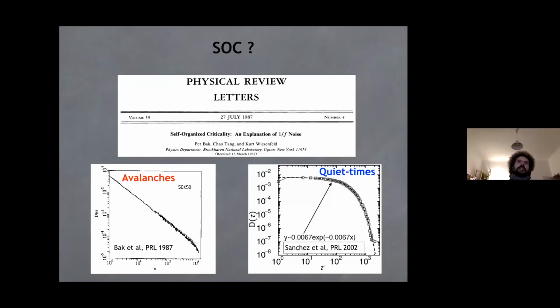In self-organized criticality, avalanches have sizes and durations which are distributed according to a power law, but when you measure the distribution of quiet times between consecutive avalanches, you see an exponential distribution, right? So interestingly,